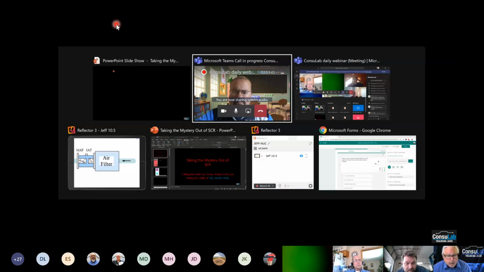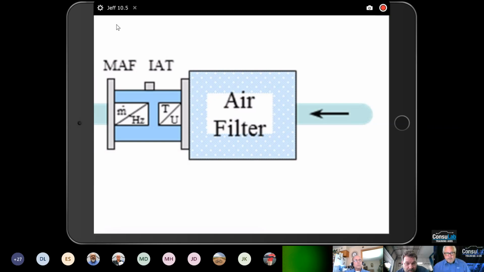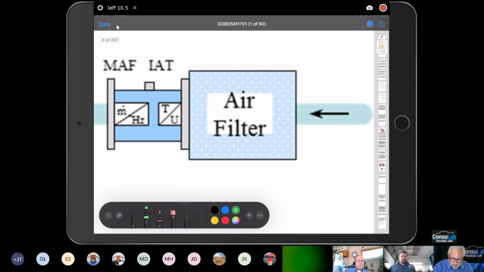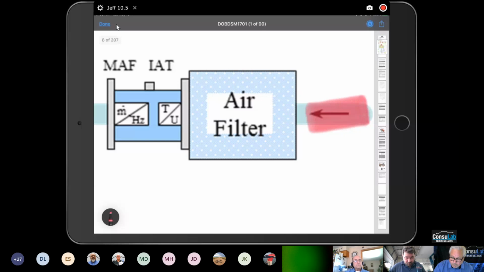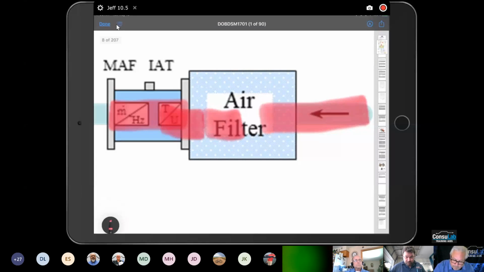So at this black slide, I am going to roll out a different screen, and I'm going to start here. So I'm using my iPad, and I'm going to be inking over the iPad for some highlighting. So we're going to start with the air in, and go through the system. I'm going to expand now and ink again